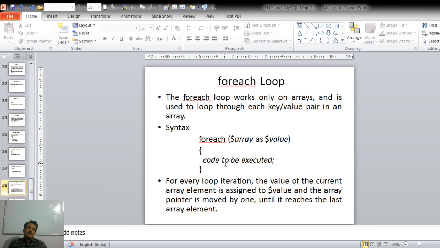Every time, each key-value pair will be assigned to a variable value, and the code will be executed as long as the array contains values. For every loop iteration, the value of the current array element is assigned to the local variable, that is value, and the array pointer is moved by 1 until it reaches the last array element.